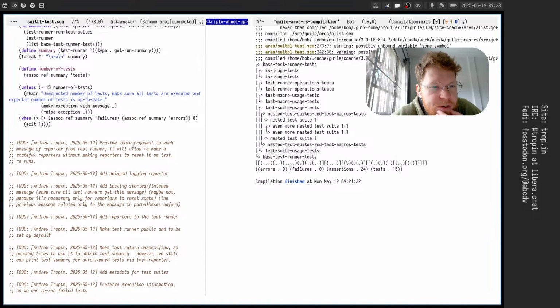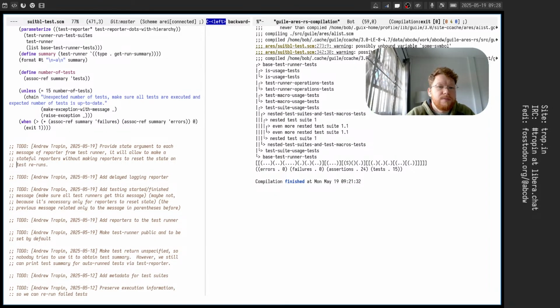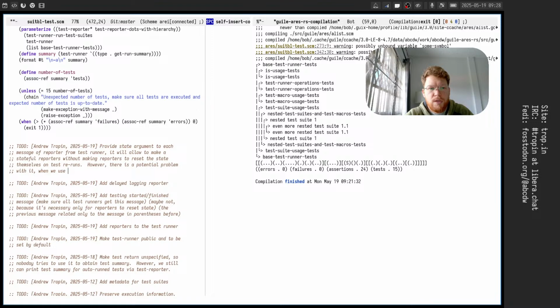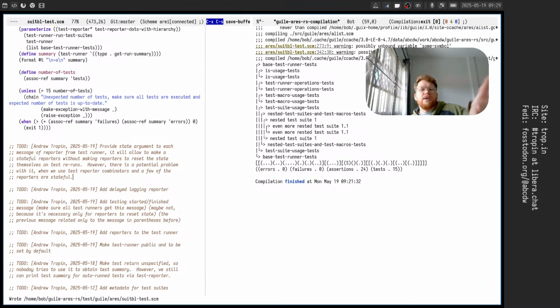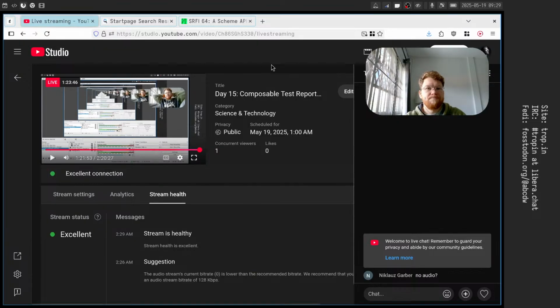Okay, I need to write it down. Provide state argument to each message of reporter from test runner. It will allow to make stateful reporters without making reporters reset themselves on test run. However, there is a potential problem when we use test reporter combinators and a few of the reporters are stateful. Okay, I wrote it down, and I will come back to it and we'll think about it,